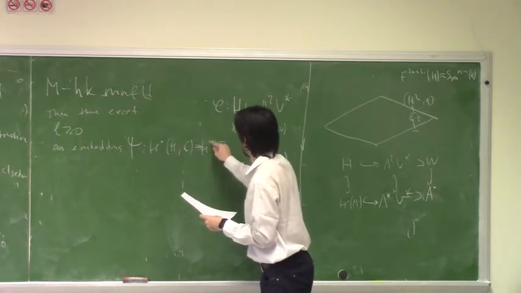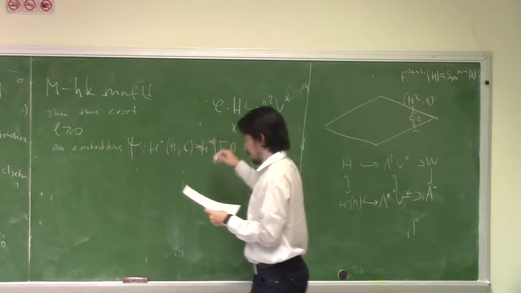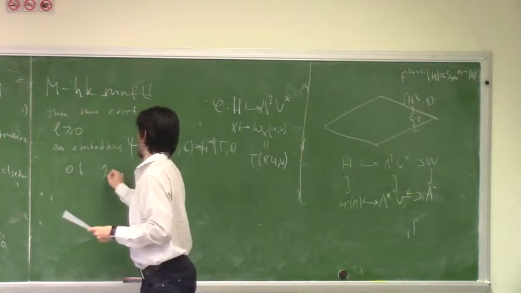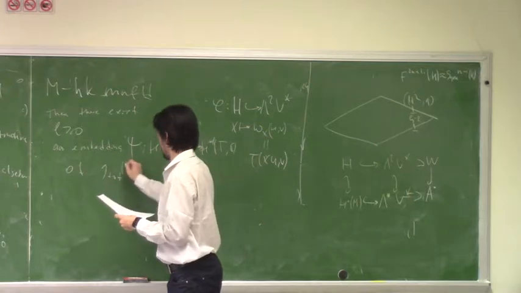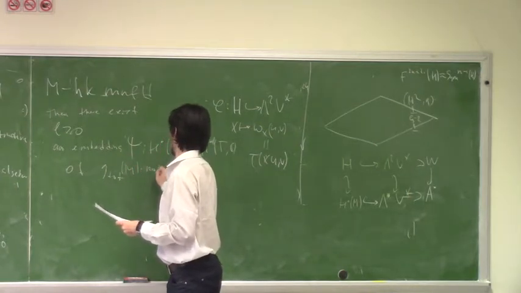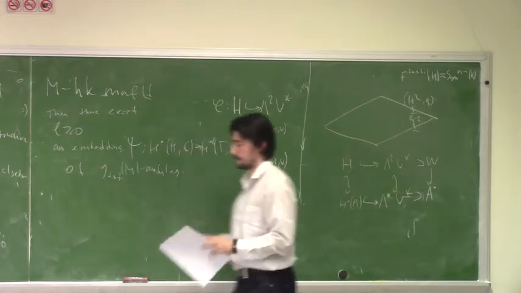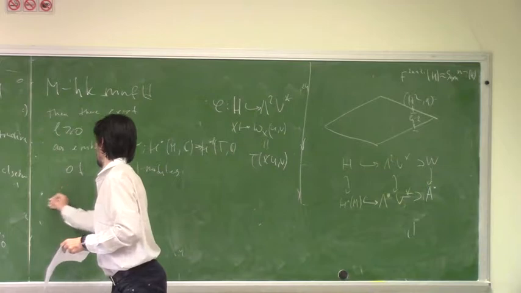So here we have y plus A, where A is a constant, with an embedding of G modules, and for any